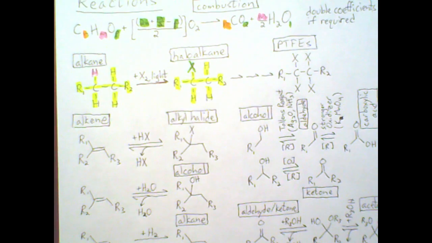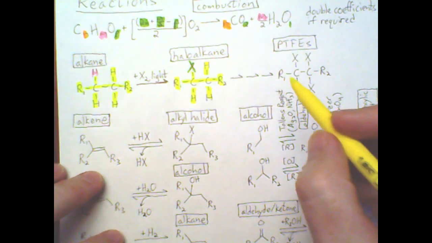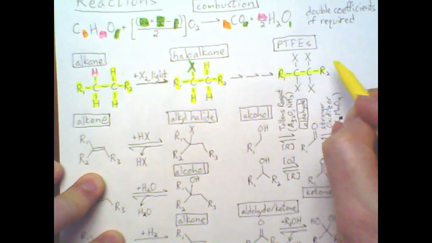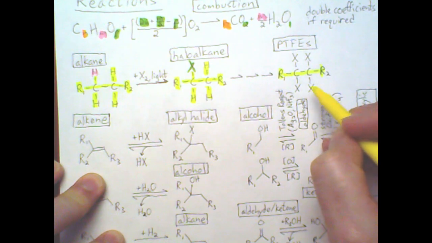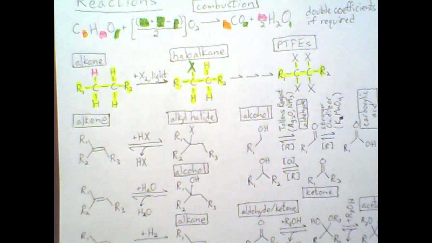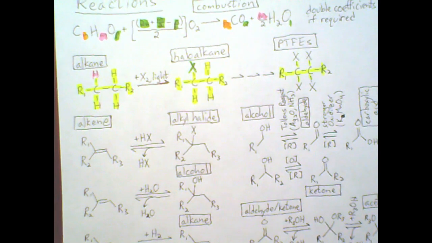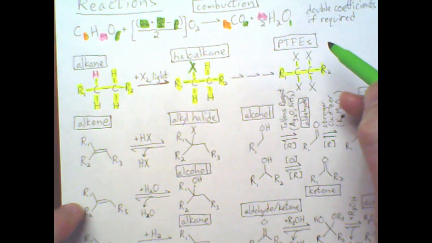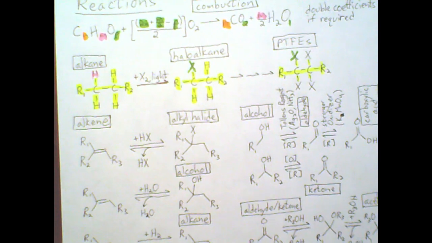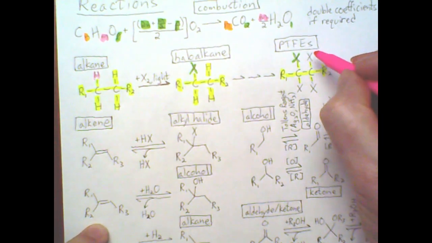If we look at the next molecule, almost everything stays the same. Once again, R1, everything all the way across to R2, these single bonds. But now we have added 3 more